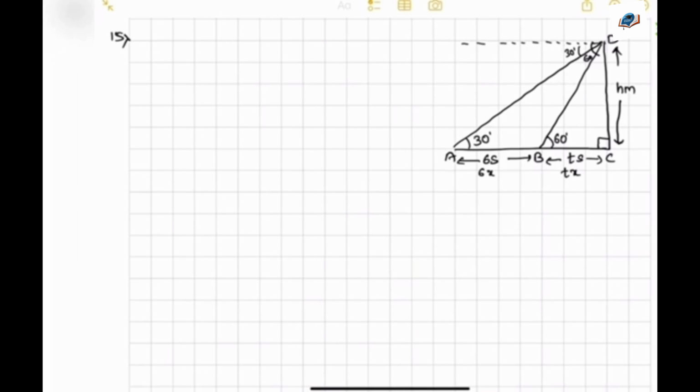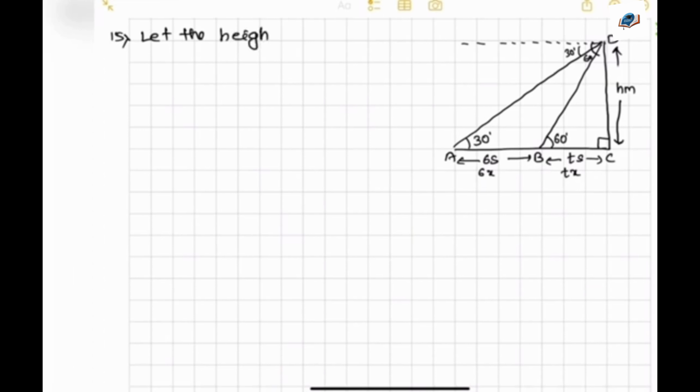Now, next it says a straight highway leads to the foot of a tower. A man standing at the top of the tower observes a car at an angle of depression of 30 degree, which is approaching the foot of the tower with a uniform speed. 6 seconds later, the angle of depression of the car is found to be 60 degree. Find the time taken by the car to reach the foot of the tower from the point. So now